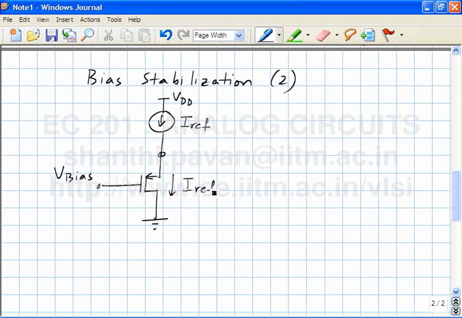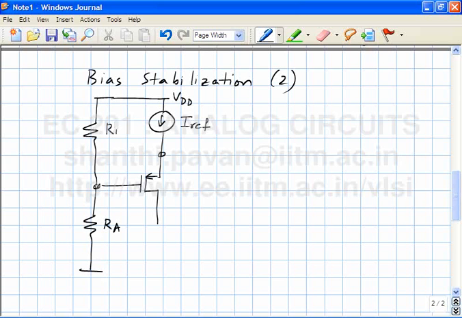Okay. So if I now want to use this as a common source amplifier, I figured out how to bias it. The next thing is to generate all these voltages and add the input signal and the output load. So let me do that. V bias. There is no need for me to have a separate battery. I could, for instance, generate it using a string of resistors. Okay, this generates the bias voltage.